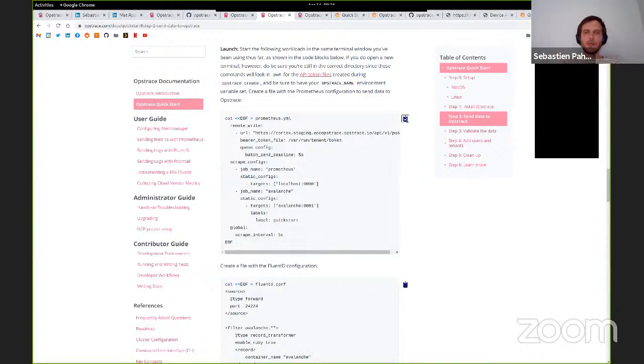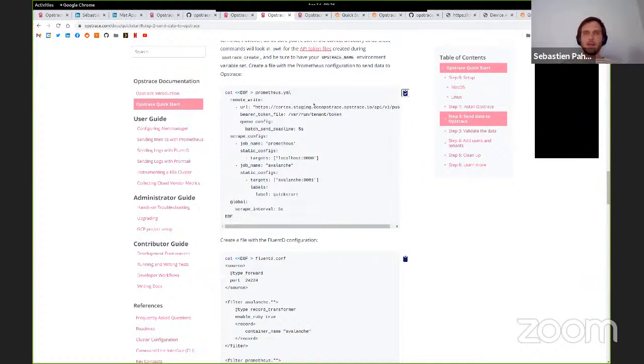So I'm going to create a config for Fluentd and Prometheus. This is the config. The config will go get metrics from a local container, and the way Prometheus is configured to talk to Opstrace are these few lines.